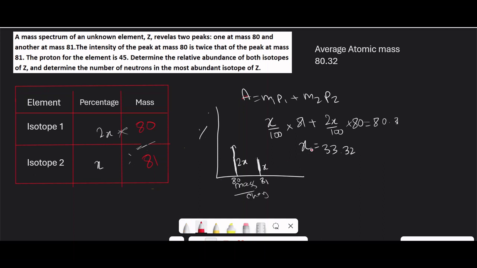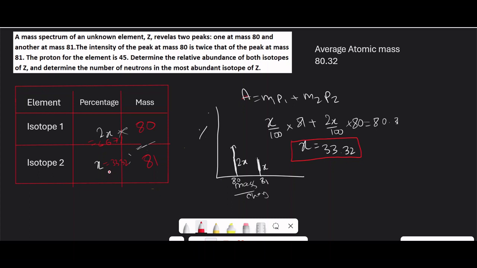Now, this one, what does this mean? This one is actually now representing the percentages, okay? So now we can put this value straight away here. This is going to be 3.32, and we know this one is 2 times, so this one is going to be 66.7%. Now, if you add these things together, it's going to be 100%, which makes sense because whenever we're talking